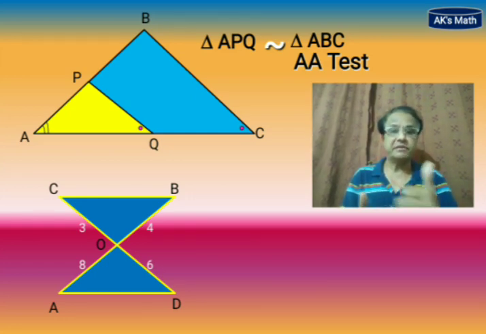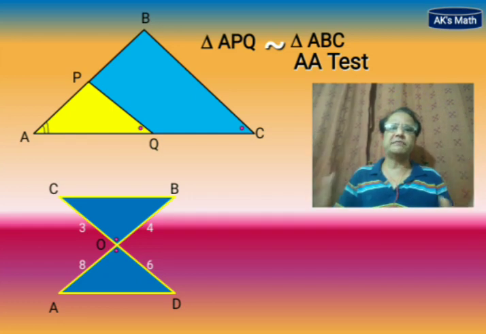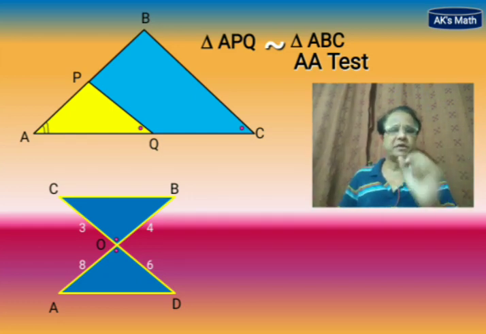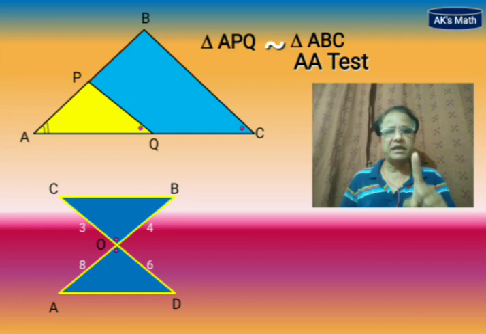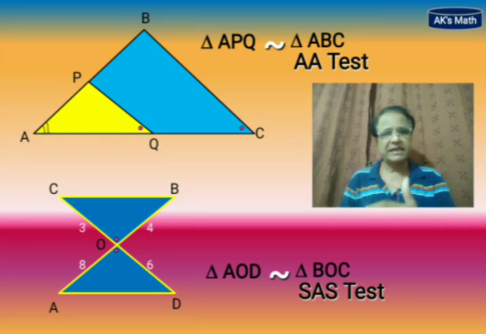It is required in writing, so you have to find the ratios as I taught you in the last slide, and one including angle, the including angle from both sides. Now remember, students always make a mistake in such a situation. They always write common angle. These two are not common angles; two angles cannot be common. But for this pair we have to write vertically opposite angles: angle AOD is congruent to angle BOC. So in this way, these two triangles are similar by the SAS test.